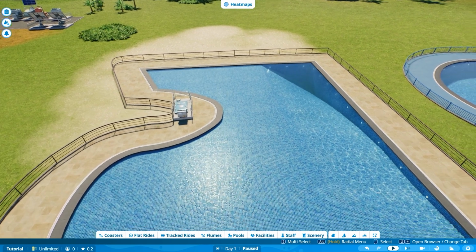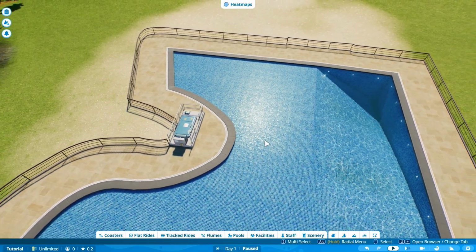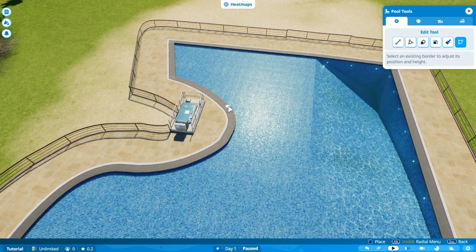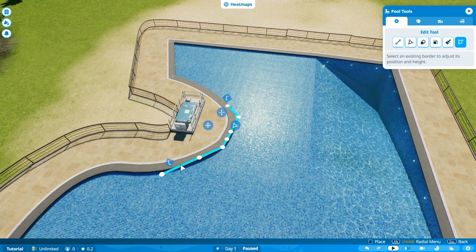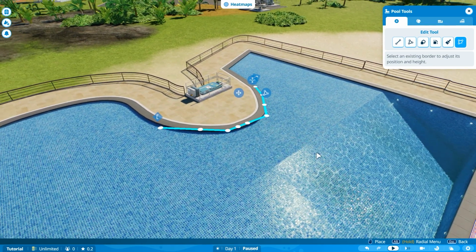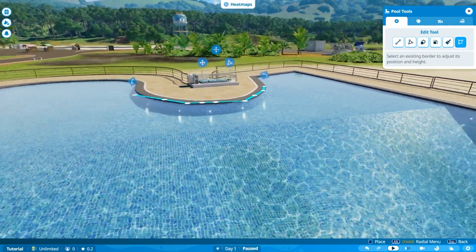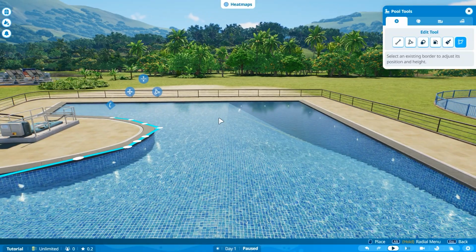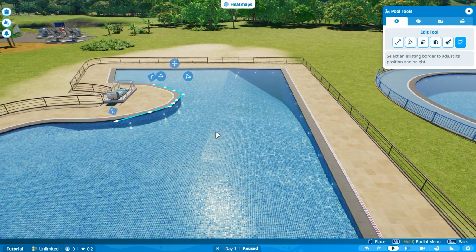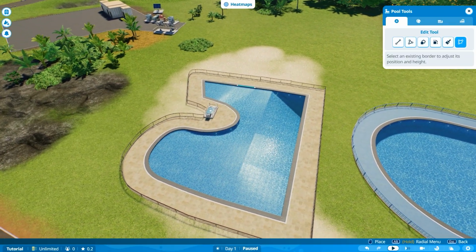Right, but before we continue, we also see that this might be a little bit too close to this thing, so we might want to push that in. Just as a little reminder, go to the edit tool, and you can also select several nodes at once if you want to. I want to have this one as well as those over here. I'm going to drag the whole thing over, so the whole bit goes a bit more nicely in here. And you can obviously change the depth a bit more, and now you can see the change is a bit more gradual, but as always, as I said, the middle stays the same, which we are going to solve in a bit. But first of all, I want to finish off the whole form of our pool,